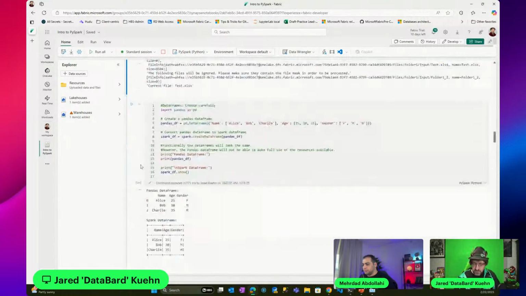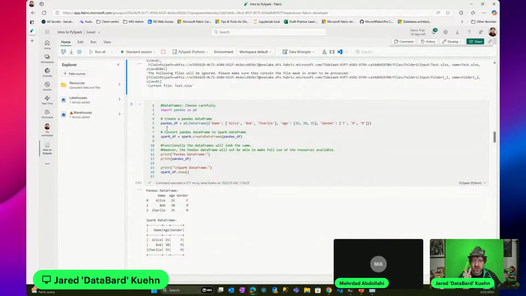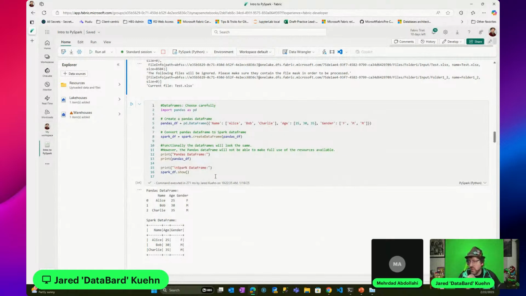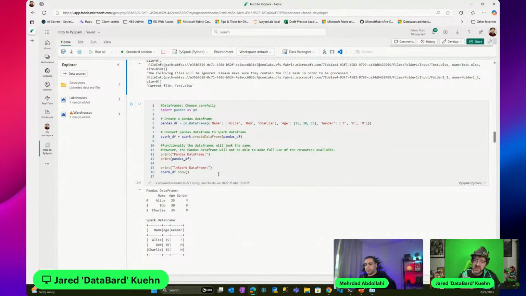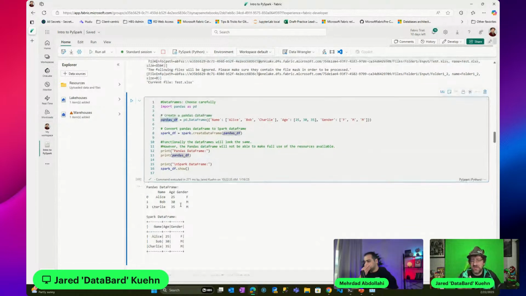Then beyond that, we then get into any sort of the transformations we want to do. Data frames, I mentioned earlier. Again, keyword here is data frames. There's two options that you have here. One is pandas, one is Spark. For the most part, and I'll say in terms of performance, the way Fabric works, I haven't noticed a significant difference between them in terms of performance. Also, my data sets have been, I'd say, more on the smaller side. But just note that these are the two different types of definitions you can call.